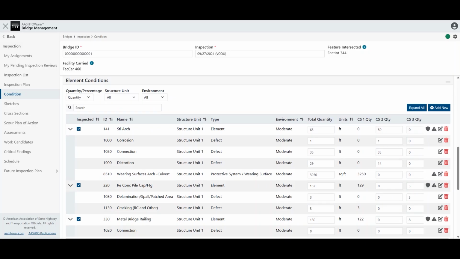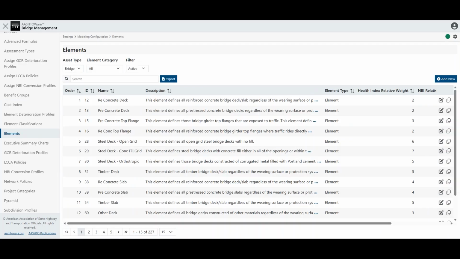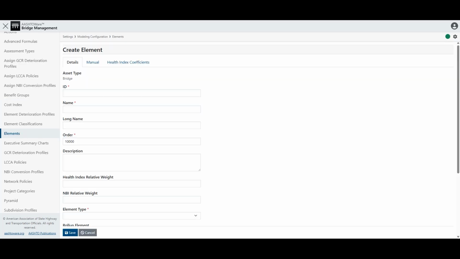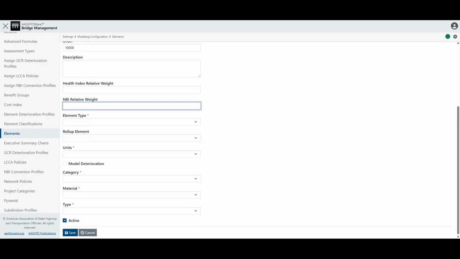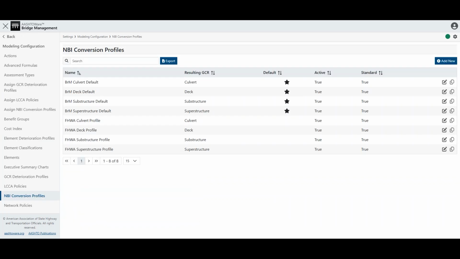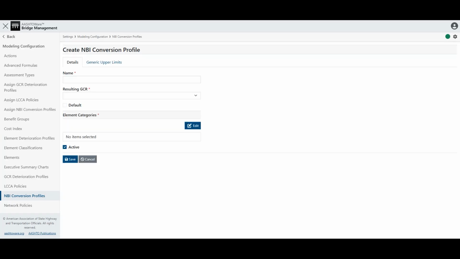The Settings, Modeling Configuration, Elements page allows you to define the NBI relative weight for each element, which is used when calculating NBI conversion. It also allows you to define the element category, which is used in the NBI conversion profiles. The Settings, Modeling Configuration, NBI Conversion Profiles page allows you to create conversion profiles for each of the 8